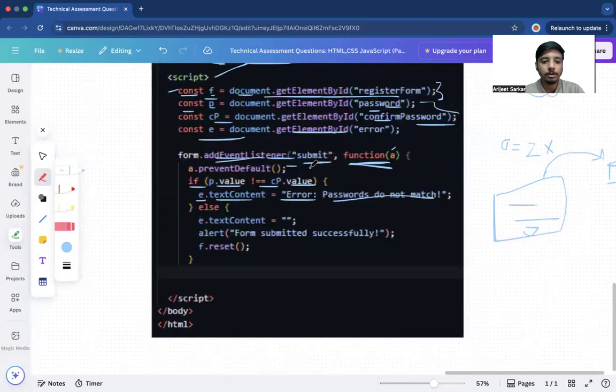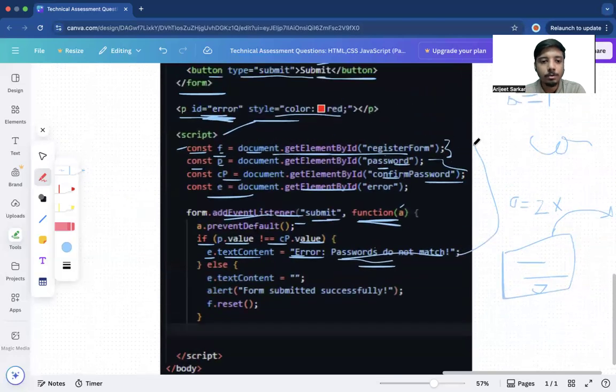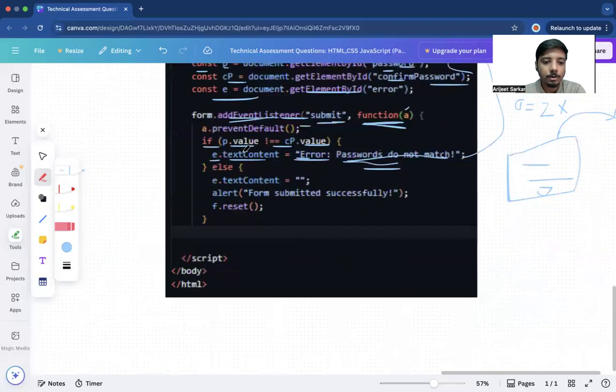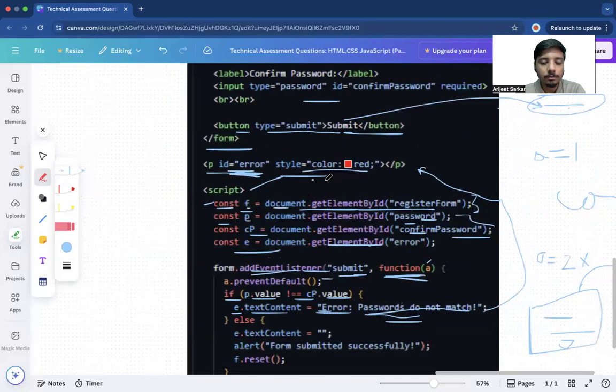So we are not going for alert. We will look at what alert is in some other videos. For now, we are just using error, and it is just passing this particular text. Let's go up to this paragraph section. Text content means we are passing this text to this paragraph section with ID error,